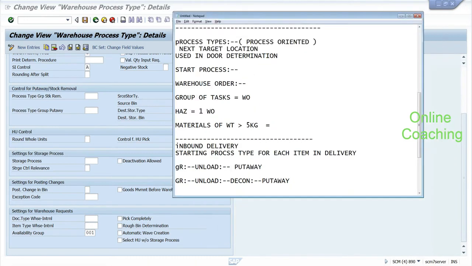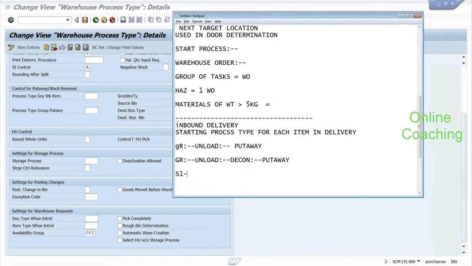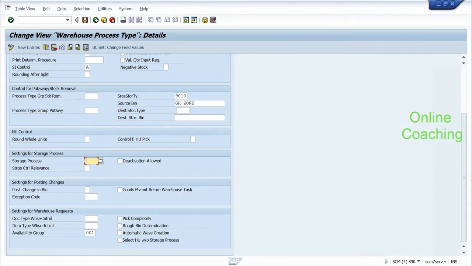it will do is, let's take this example, I want to move the goods from S1 to S2 to S3 to S4. This is my process oriented storage control. So if I assign my storage process here,